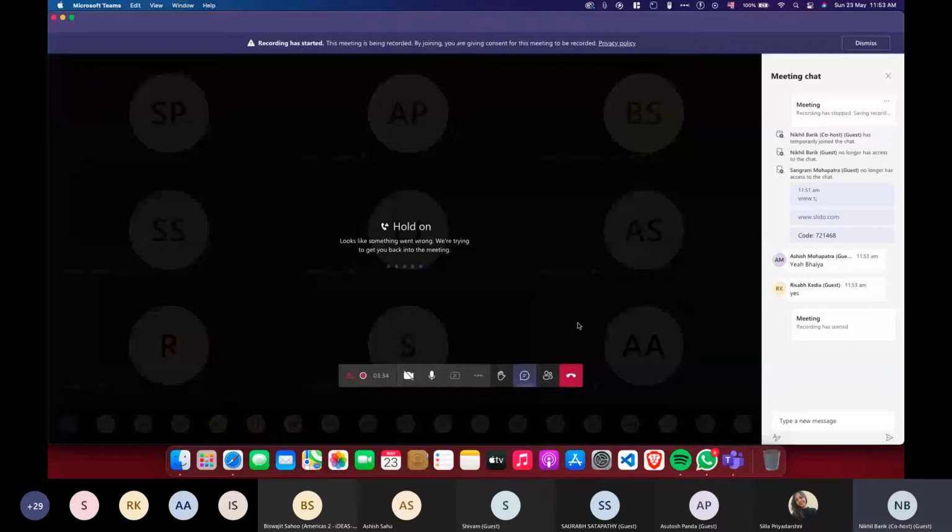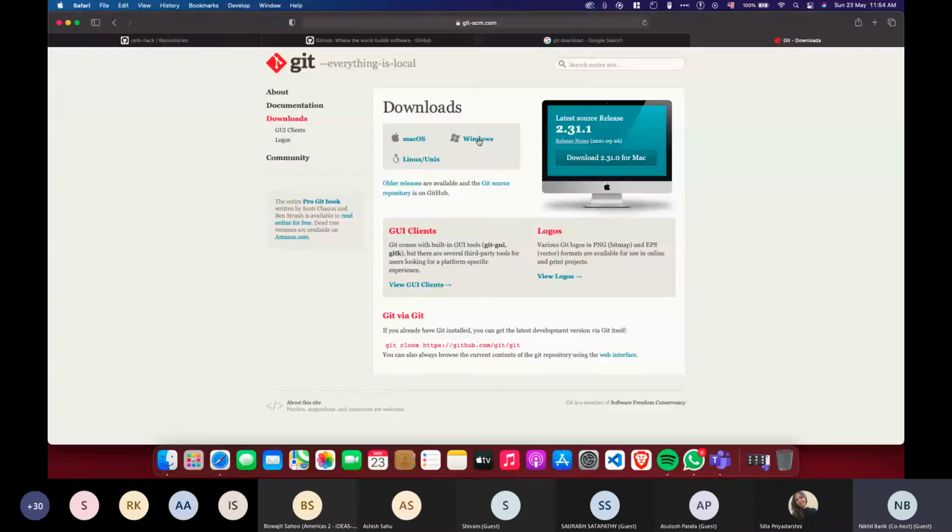So this is the link for the Git Bash. If you're on Linux or Mac, Git comes pre-installed, so you don't have to do anything. But if you're on Windows, just download the installer here, the normal one. You just have to keep everything on default and hit next, next, next, and finish. So after that,